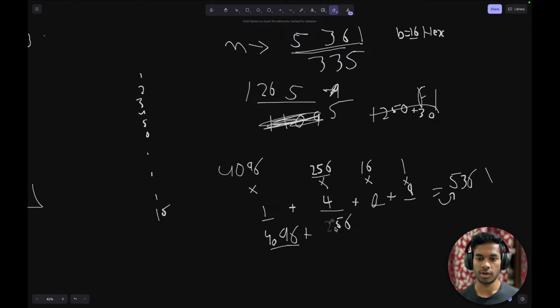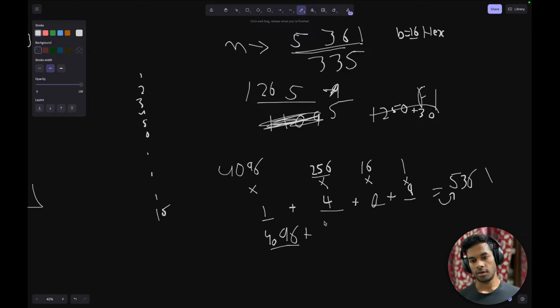And when I do that, what do I get? I get 1000 and 6 4 is 24, 1024. Okay, and after subtracting 1024 from this, my new remainder is